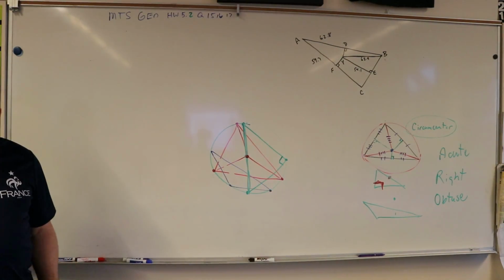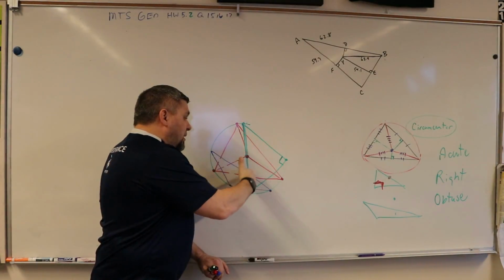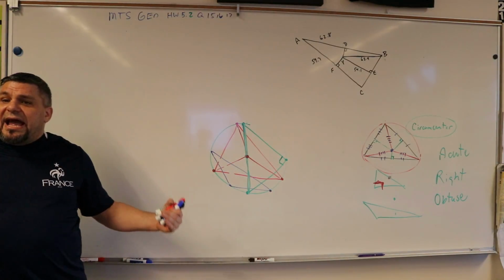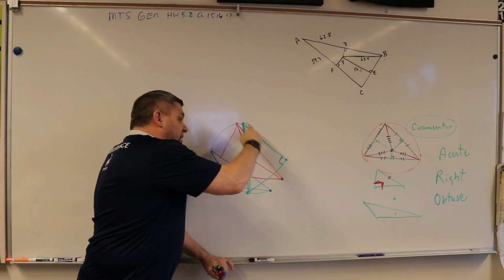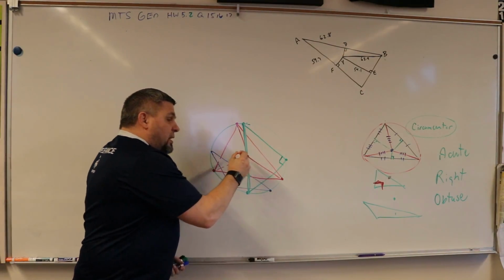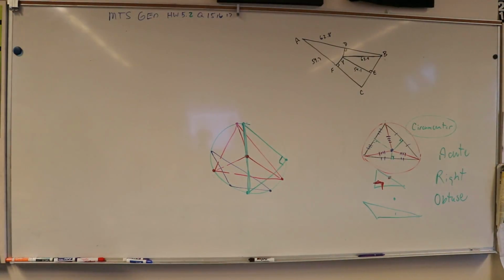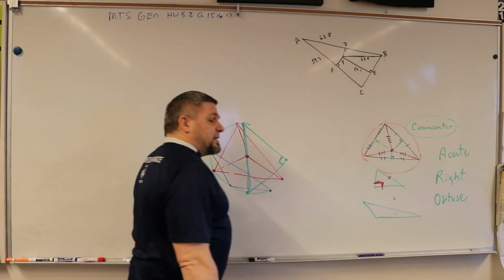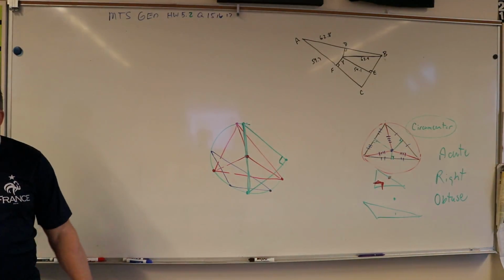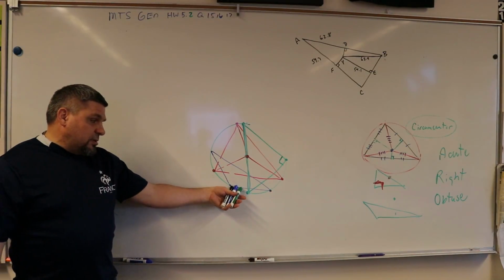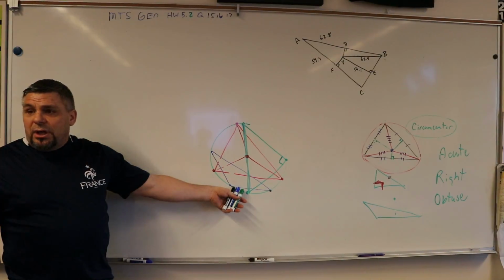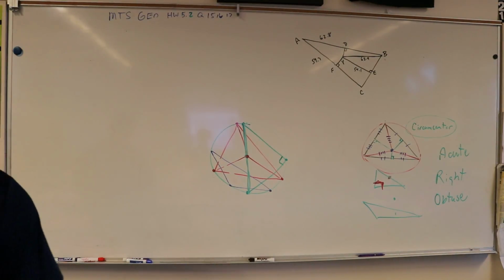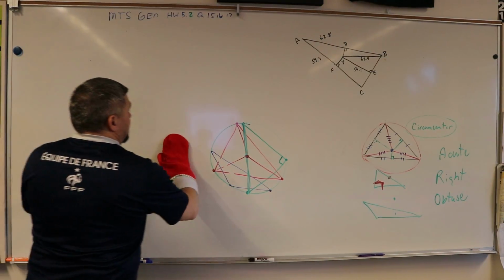With a right triangle, it's going to be on the hypotenuse. Always. And it always cuts the hypotenuse in half. So with the right triangle, this becomes what's called the midpoint. Because the whole purpose of finding the circumcenter is finding the perpendicular bisectors. That's how you find the circumcenter. And then when you have this blue one, or an obtuse triangle, your center is outside of the triangle. With that said, we're going to talk about